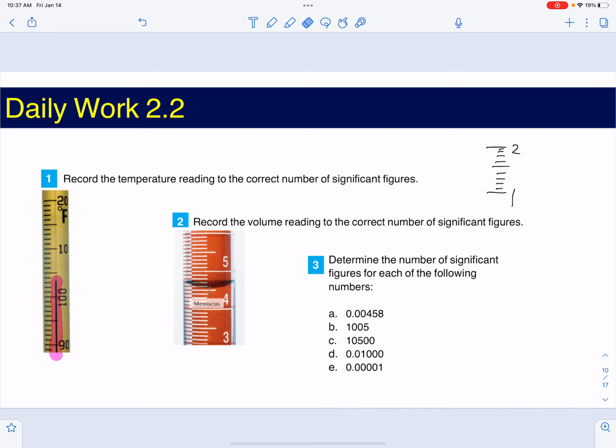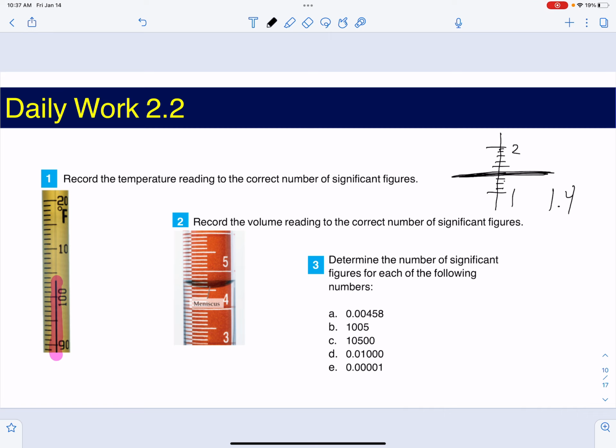So what happens when the measurement falls right on the line? You don't have to estimate, right? So this will definitely be 1, and it's going to get all the 1, 2, 3, 4, 1, 2, 3. It's definitely going to be on 4, and we don't have to estimate it because it's right on the line, but